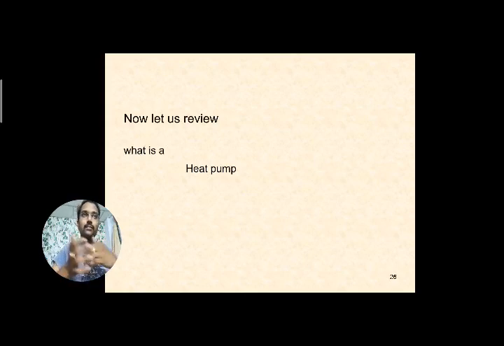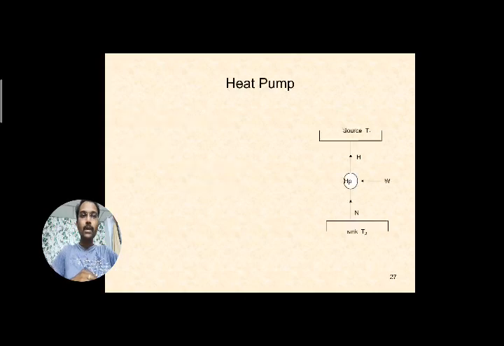Let us go through a few things: what is a heat pump, and next how it differs from the function of a refrigerator. Okay, let us see these two things. Heat pump: from this diagram you can see there is a source which is maintaining the temperature T1,